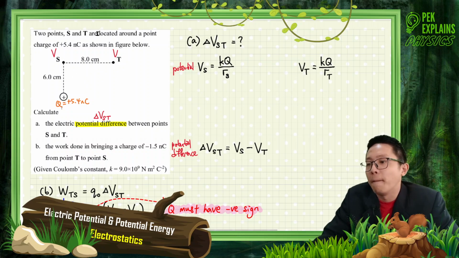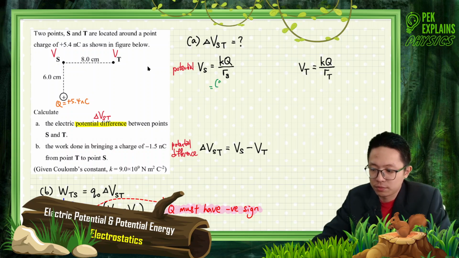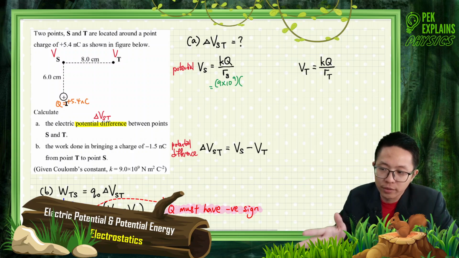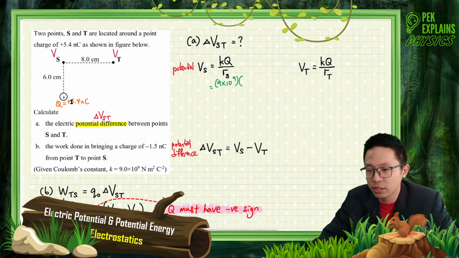So let's calculate. Vs is KQ. K is 9 times 10 to the power 9, and the Q is, you see, that's why I write the information on the diagram. It's easy for me to plug in the information directly from the diagram. I don't need to look up to the question anymore. So this Q is 5.4. Remember, nanocoulomb, nano is 10 to the power of negative 9. Change to SI unit. So over